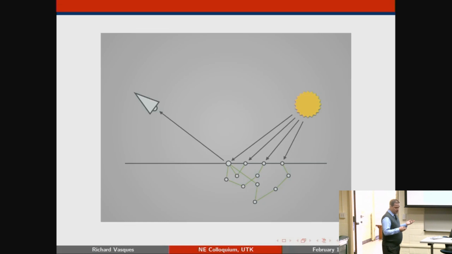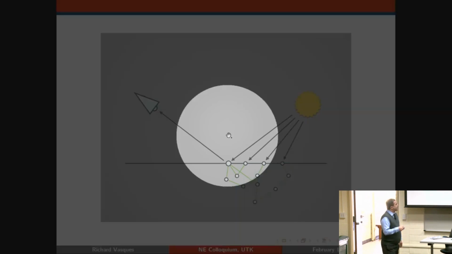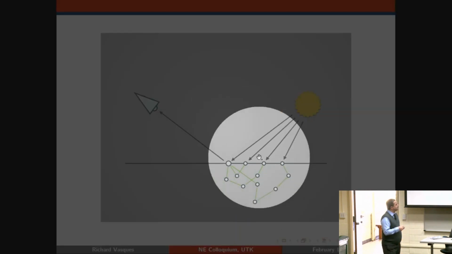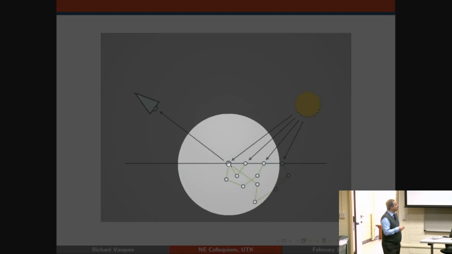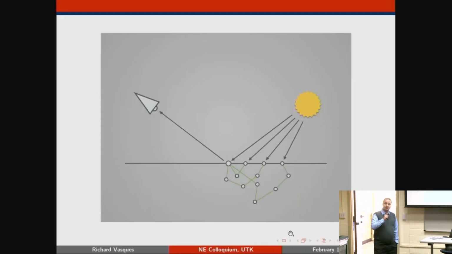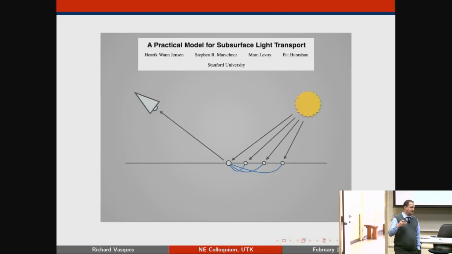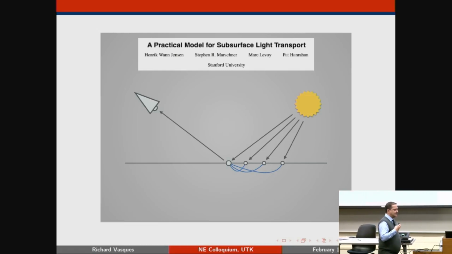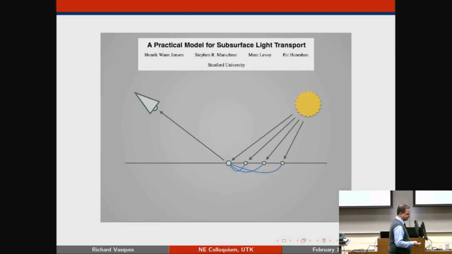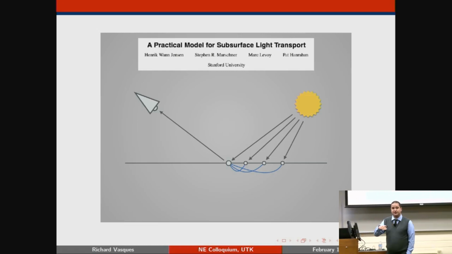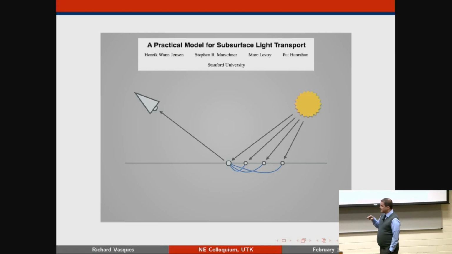And theoretically, what you would do is follow these paths and see how much of this energy ends up getting deposited at that point and contributes to the ray that's going to go to your camera. The thing with that is, it's too expensive. Back about 20 years ago, when people started looking into this, they didn't have the computational power to go through that kind of system. So what they did for subsurface scattering was a sort of diffusion model.